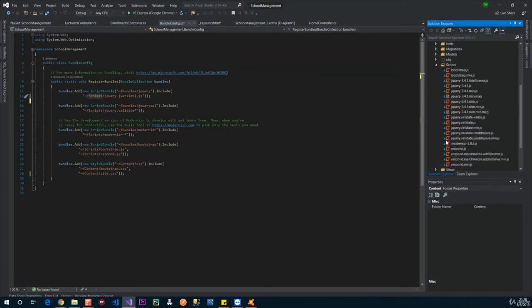So we go to scripts, and then it's looking for jQuery dash. We do have files that have jQuery and dash, and then it's looking for some version, which would be the version number, which we have 3.4.1 and then .js. So pretty much this gives us a nice dynamic way to always include whatever version jQuery is here, because if it was